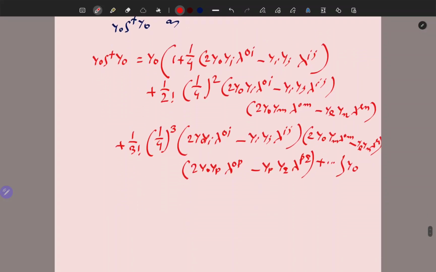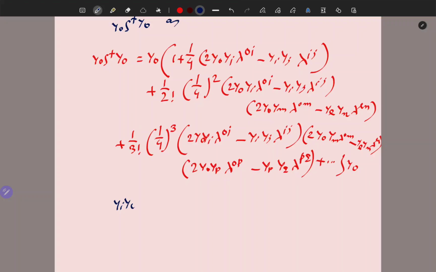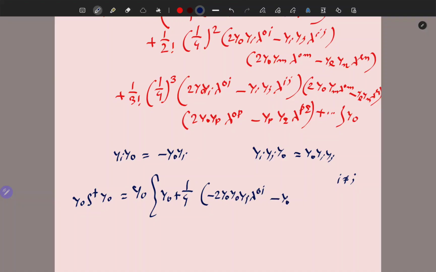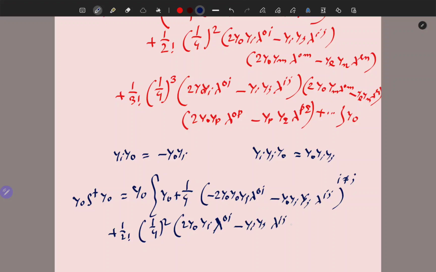Now using gamma i gamma 0 equals minus gamma 0 gamma i and gamma j gamma 0 equals gamma 0 gamma j, hence for i not equal to j, we have gamma 0 S dagger gamma 0 equals gamma 0 plus 1/4 [minus 2 gamma 0 gamma i lambda 0i minus gamma 0 gamma i gamma j lambda ij] plus 1/2 (1/4)^2 [2 gamma 0 gamma i lambda 0i minus gamma j lambda ij][minus 2 gamma 0 gamma m lambda 0m minus gamma 0 gamma l gamma n lambda ln]